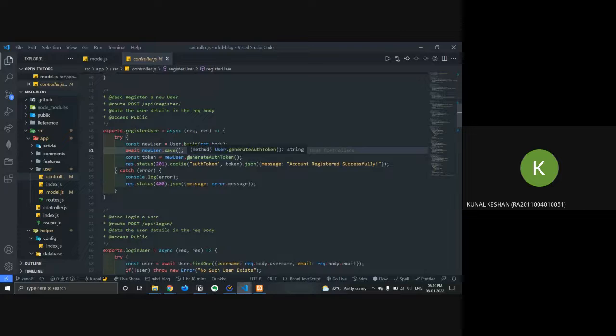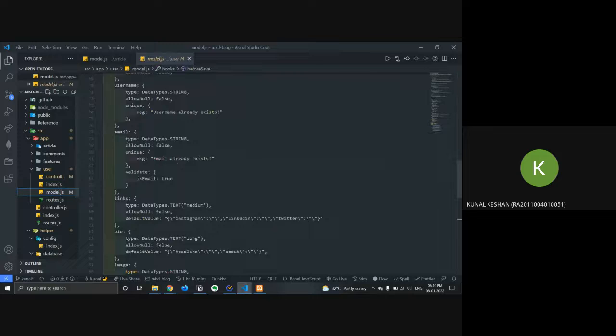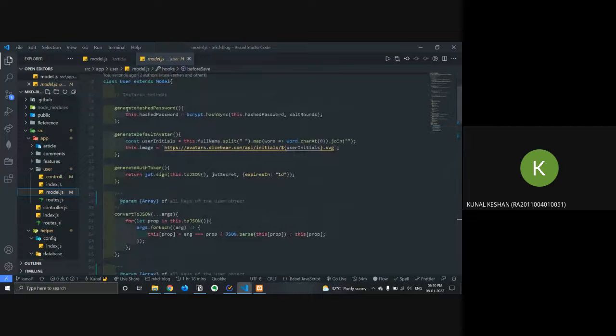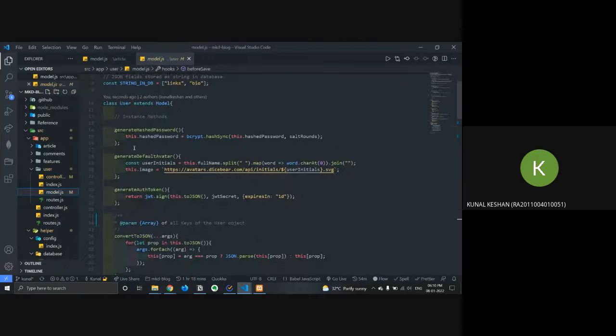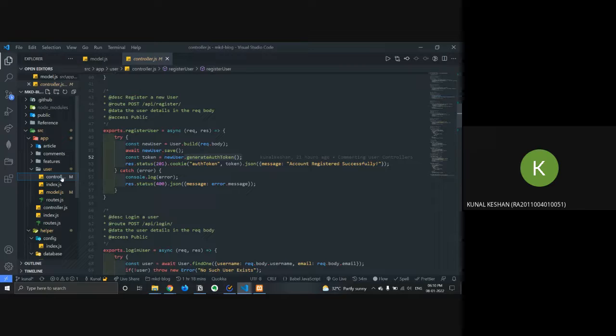In my new user, I'm using generateAuthToken, which I had defined as a method for the instances. It returns a JWT token. Then if there's no error so far, respond with the status 201, which means something has been created successfully.